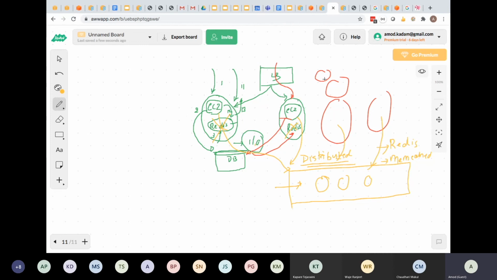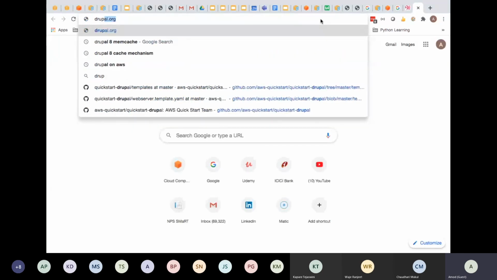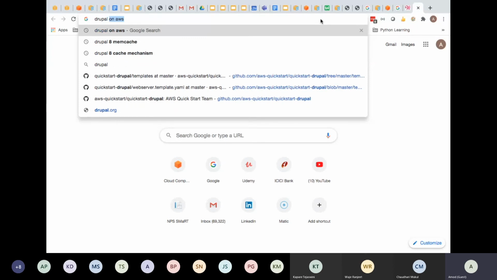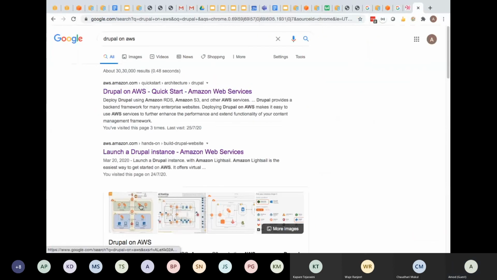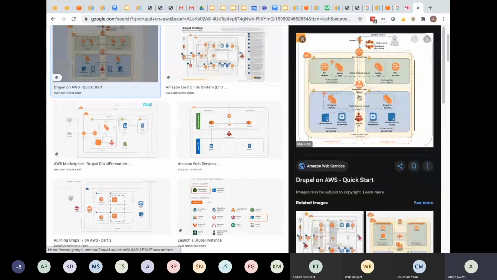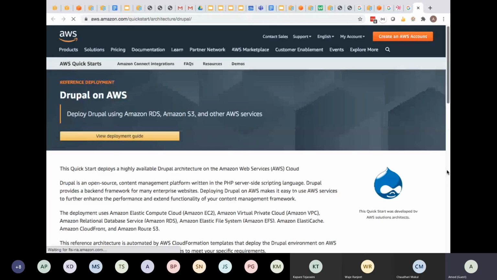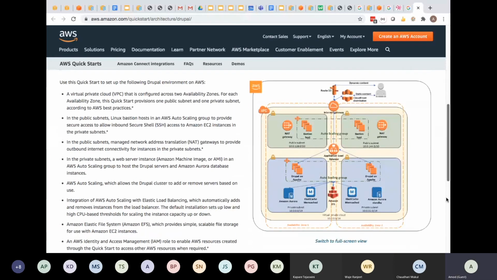So if you are using Drupal CMS, Drupal uses Memcached, and this is the typical architecture of Drupal. How is this Drupal architecture set up on AWS? Now this is one example. I think you should be able to read this fairly easily and explain to someone what it's doing. So if you look at this particular diagram,